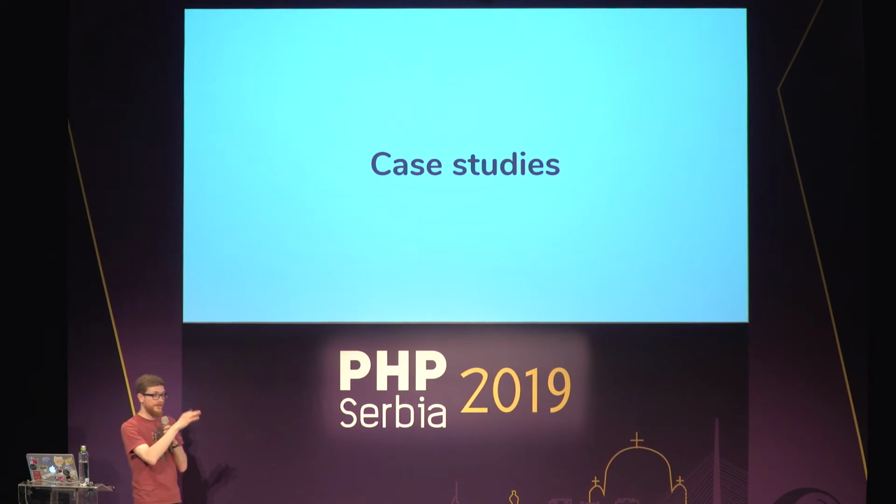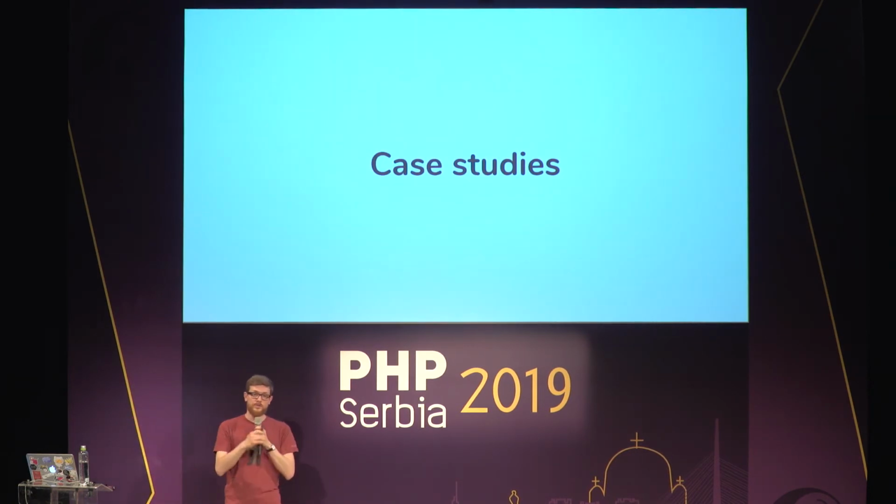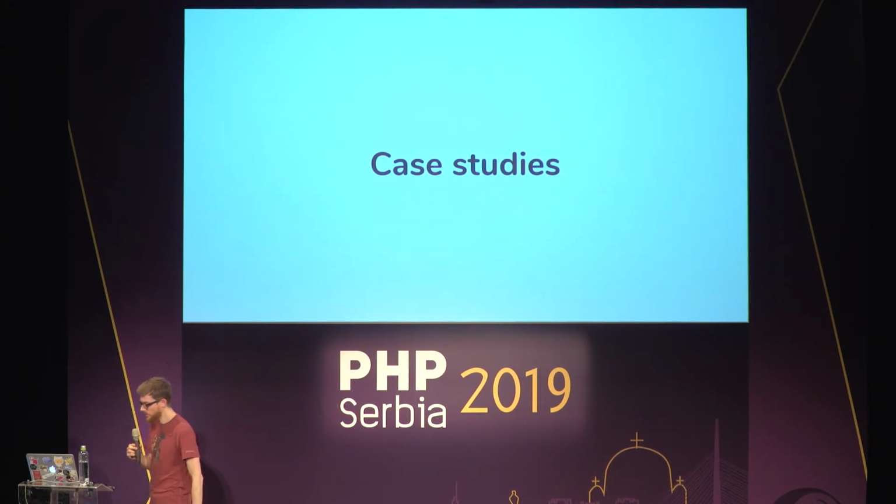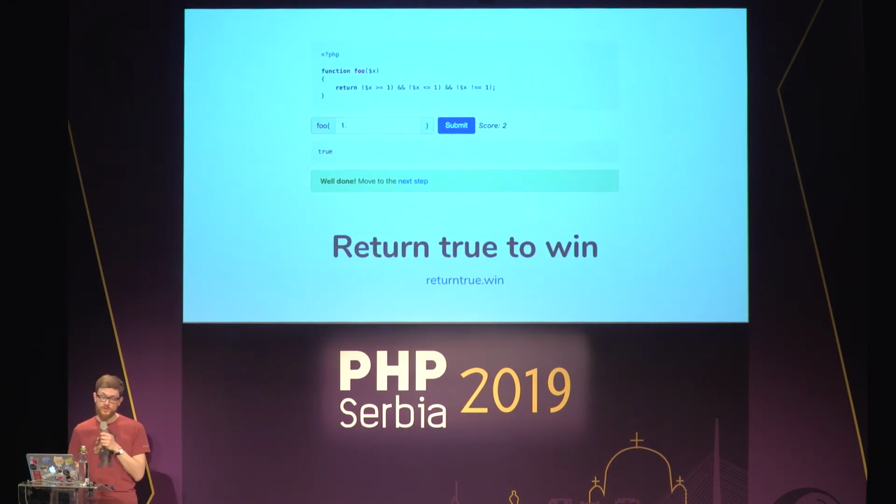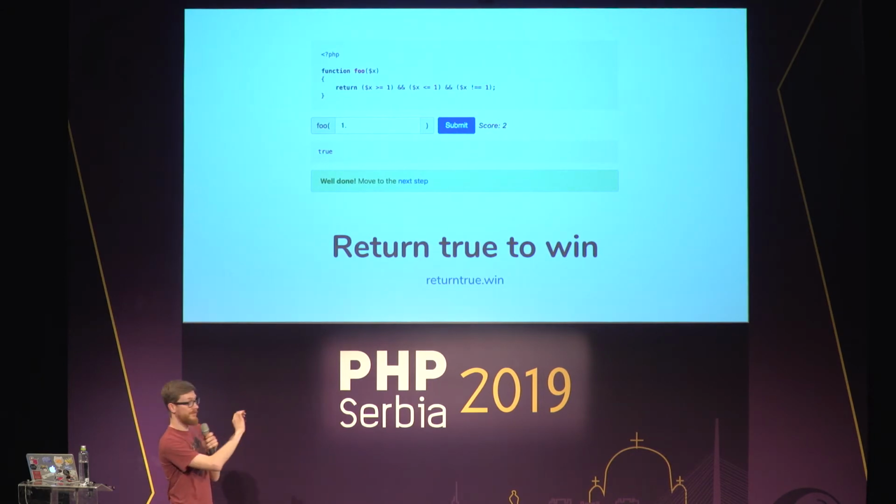Now, I've talked about the theory. I want to show you some case studies. Those are real applications running in production with Bref on Amazon Lambda. When I say real application, the first one is really mostly a joke. It's a small website, but still it's useful to understand. That was the first time I discovered Amazon Lambda.